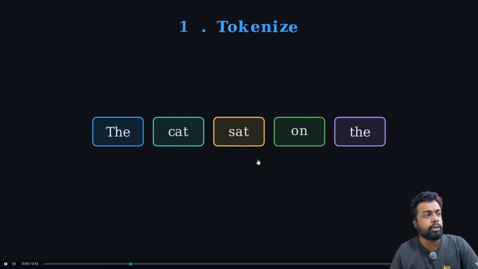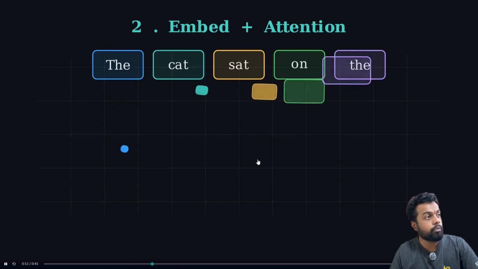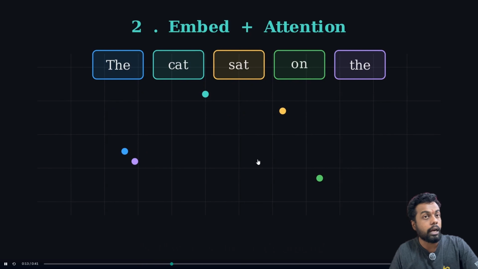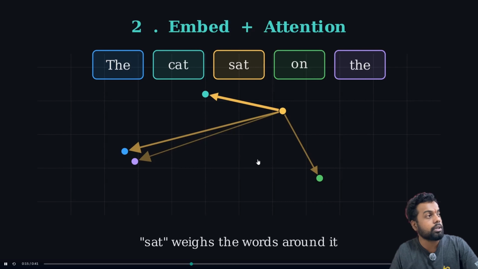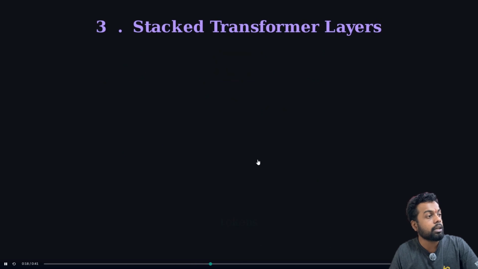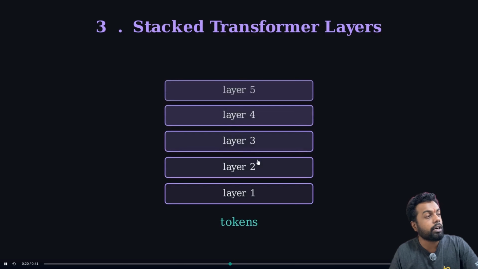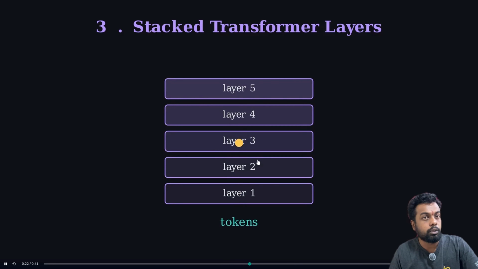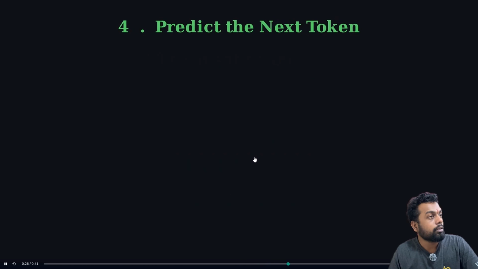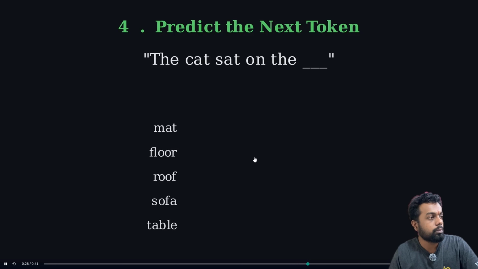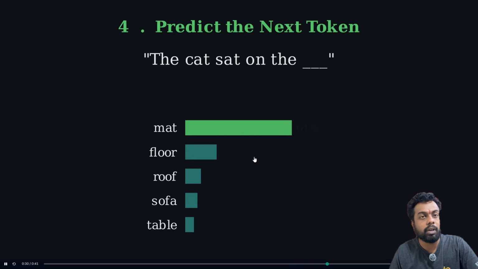You might have seen these types of videos on the famous 3Blue1Brown channel. There might be other channels as well that use these techniques. So here is a basic video which I created, 30-40 seconds long, where it tells you how attention and, in broader terms, the transformer works. You can see the embeddings, the attention, how the tokens pass through different layers, and the animations as well. So that looks nice, right? Then the next token is predicted by the transformer over the vocabulary, and the probability distribution chart is shown here. You can see the animations as well.